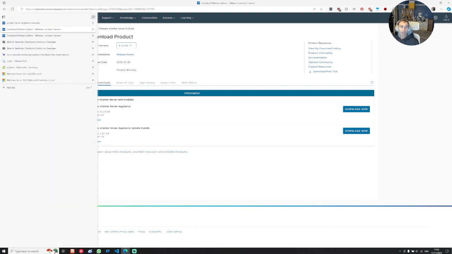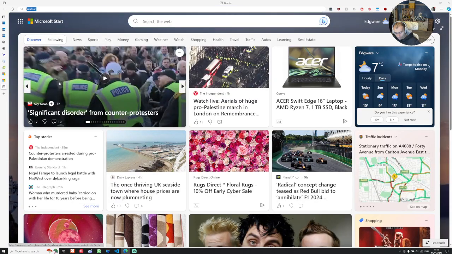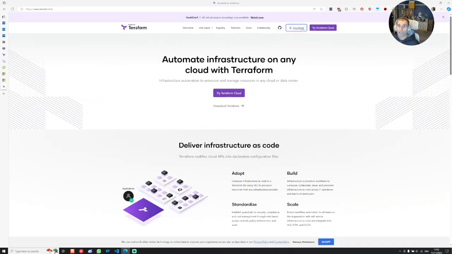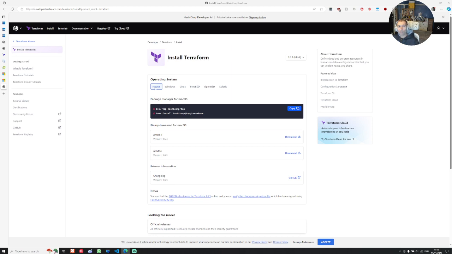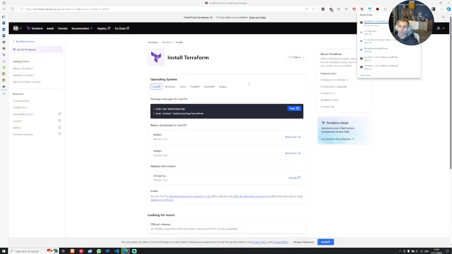Okay, so once you've done that, you will also need Terraform. Now the way that you can get Terraform is a simple Google search. You go Terraform, and then from here you have HashiCorp Terraform. Click on download. You will then be presented with some options, so you can download through the specific operating system that you have, Mac OS, Windows, Linux, etc. And if you're using Windows, an easy way to do it is you download from here, get the binary, click Save As, save, open it up,